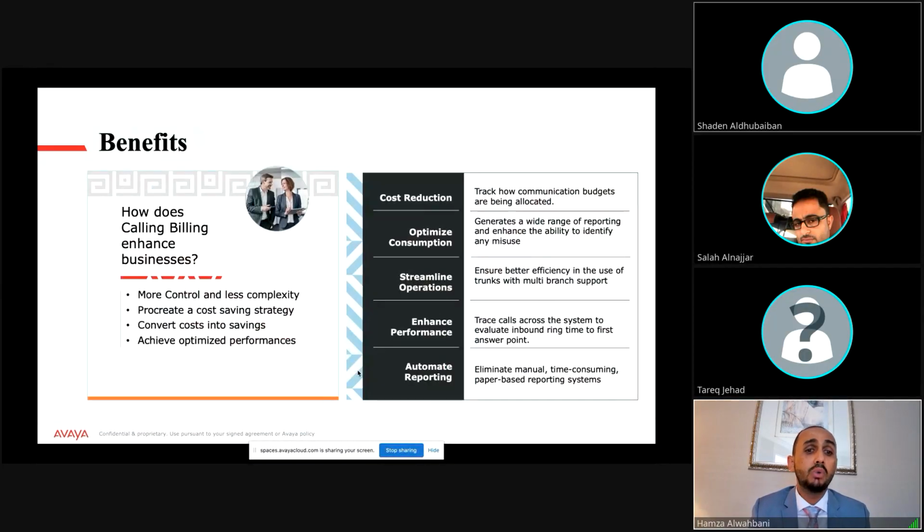So how will call billing enhance the business? Yes, it will give you more control and less complexity. It will create a cost saving strategy. It will convert the cost into saving. It will achieve optimized performance. So we are talking about cost reduction, because once the customer knows the cost of every call, that will reduce the cost, optimize the consumption, streamline the operation, and enhance the performance.